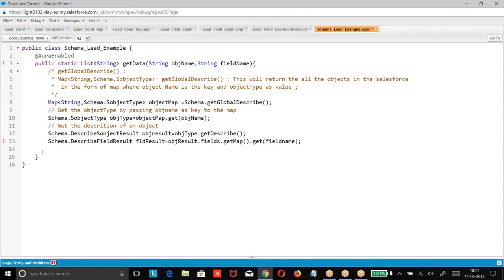Once you get the description about the field, then what are you supposed to do? If that field is a pick list field, it will have options. So get me all the pick list options available in that field. List of Schema.PicklistEntry.